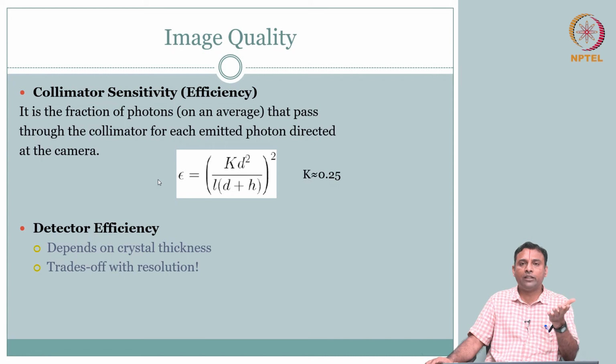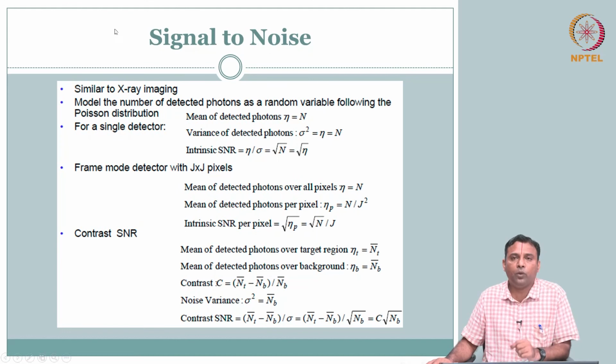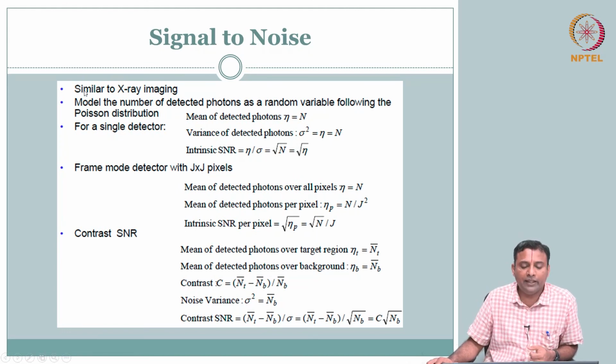Mean is going to be Poisson ratio, standard deviation therefore is going to be square root of that mean, and therefore you are going to have, and these are all number of photons, right, average number of photons that are coming, only the energy is different, otherwise the same thing that we did for projection radiography as well, right. So much is fine, but there are subtle differences, so I will just show that. It is very similar to your X-ray imaging.